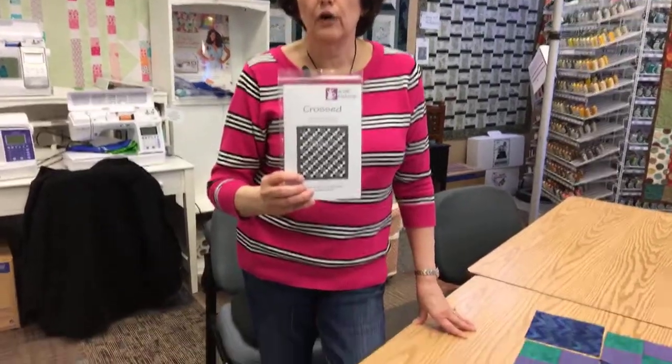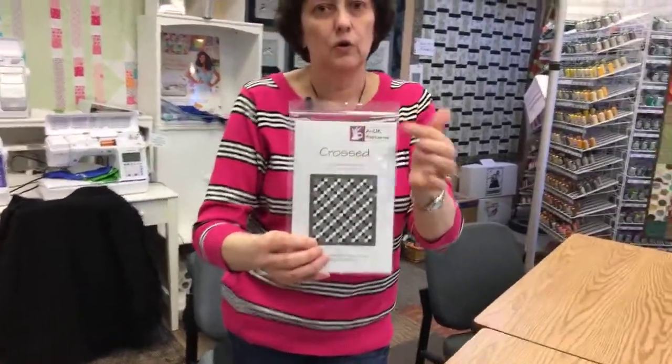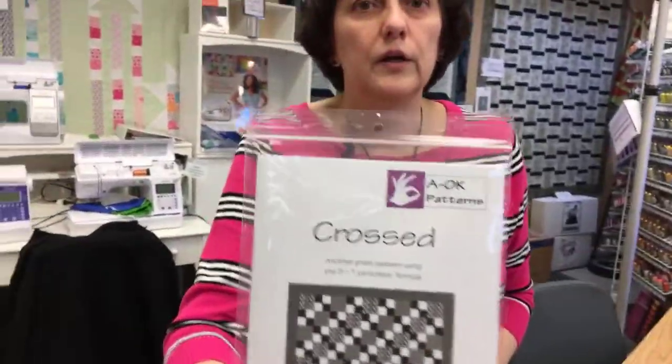One of our favorite pattern series is called A-OK Patterns. They are a series of probably 12 or 15 patterns that use 5 fabrics, 1 yard each. Her little symbol is A-OK. You'll see it up here in the corner of her pattern. And what it is to her,